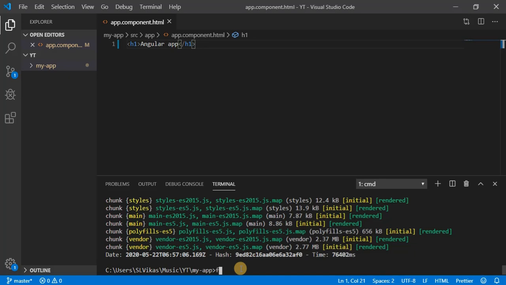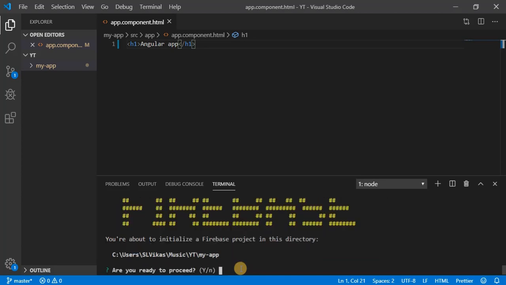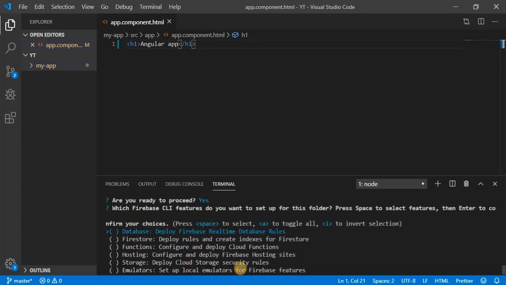Now let's do firebase init, the initialization. It's going to ask you a bunch of questions. Are you ready to proceed? Give yes. Which service do you want to use? Basically we want to host our application.